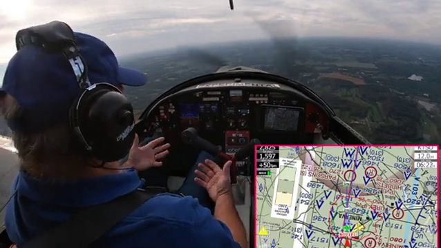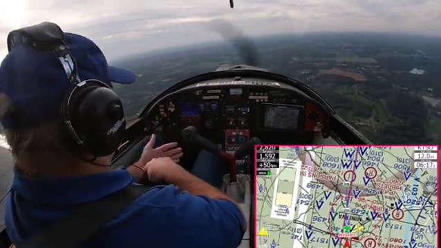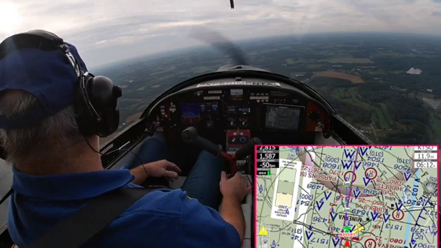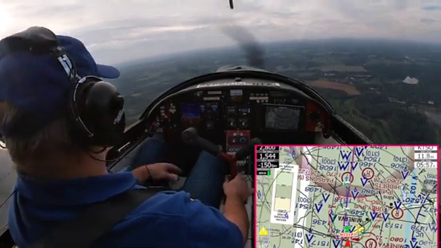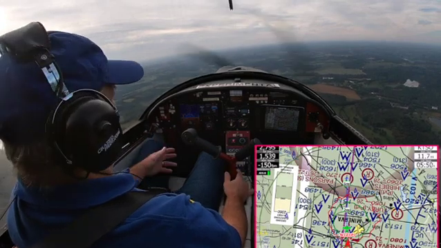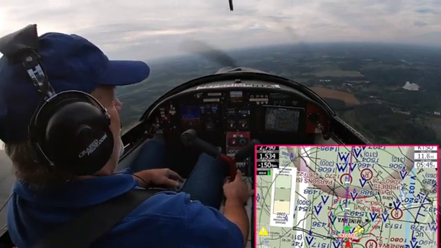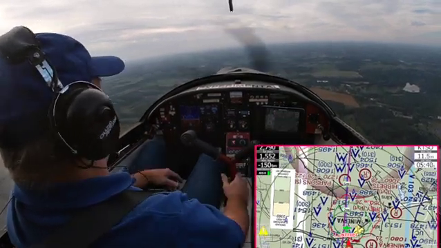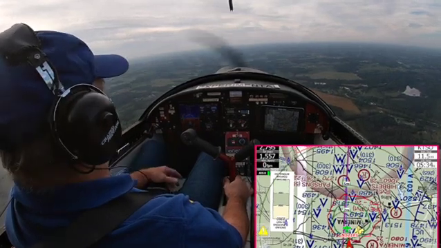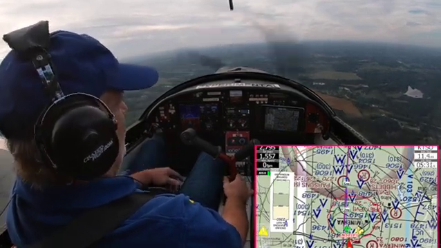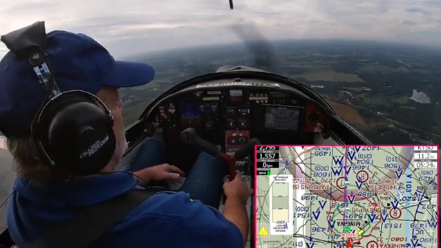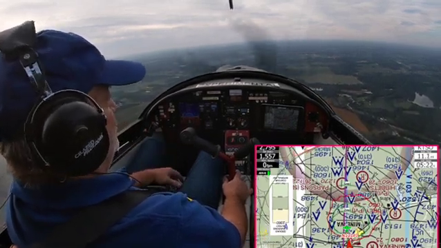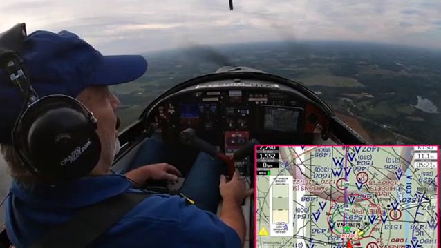Used to have to carry a map on your lap, and you had a line drawn on your map, and you were looking for railroads and all that. And I still find myself doing that often, railroads and roads and towns and everything, just to keep track of where you're at. But now the map is right in front of you at all times, and it's always on the right page. There's never no folding, it's always on the right spot. And on top of that map, you see all the traffic around you. You see your glide ring, how far you can glide,